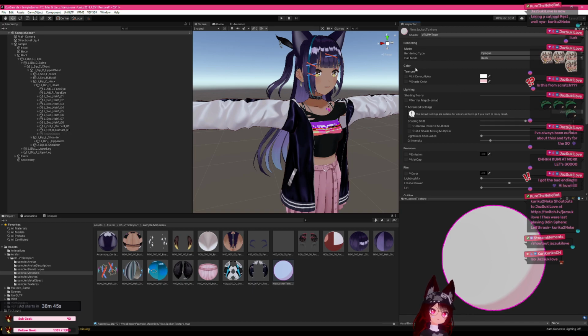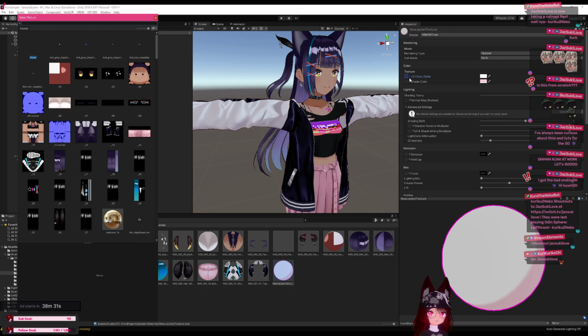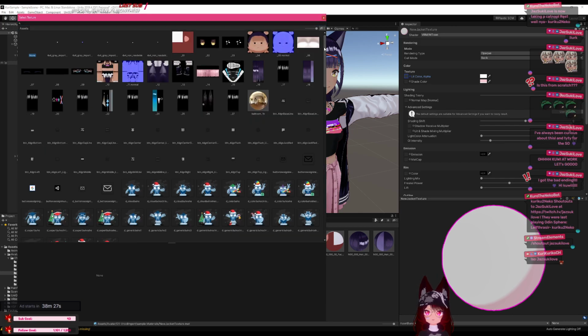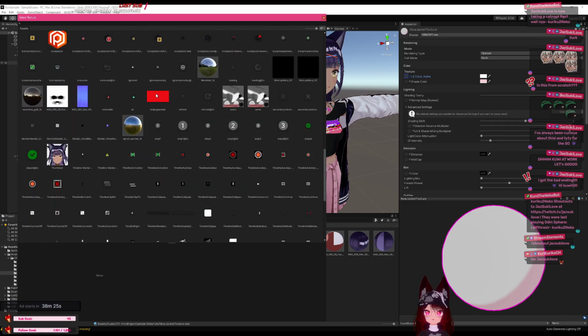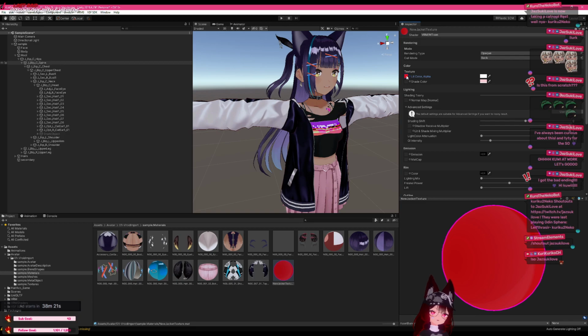Up here, versus texture, sometimes it'll just be called color, or whatever. You can select the empty spot, click on the little circle dot, and you can choose the texture you want to assign to it. In this case, ours was the red PNG sample. Alternatively,